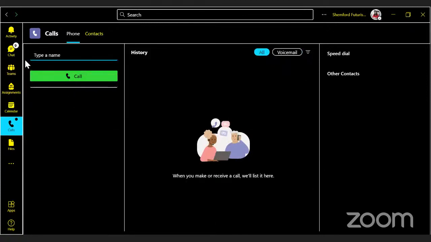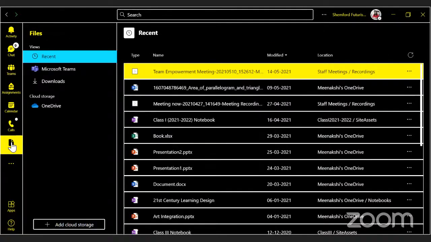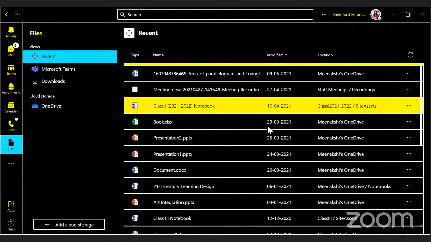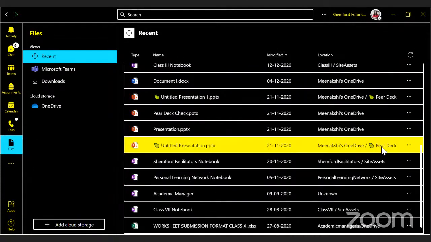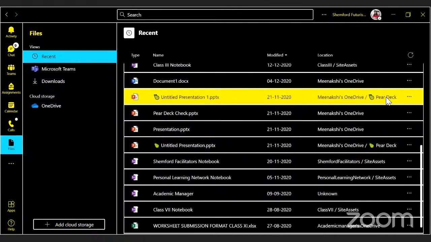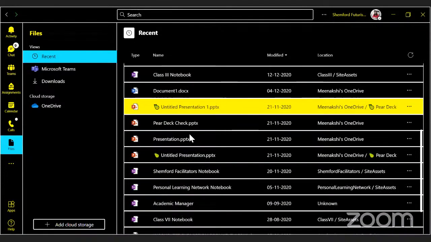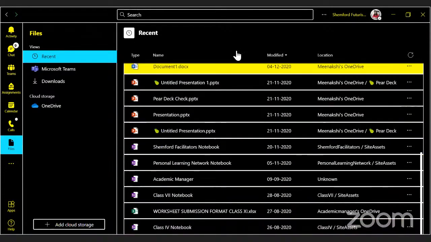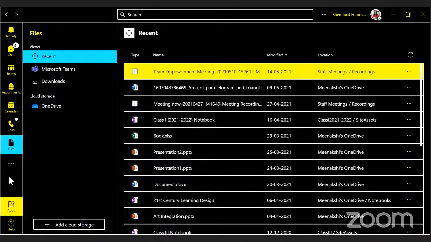I can add contacts in my organization, maybe outside my organization. Now here is the option for files. All the files you can access through this. As sir has already explained to us some Peardeck, I have already created Peardeck files too, right? PPTs, OneNote, Excel, all the sheets, all the documents, you will be able to access from here, right?